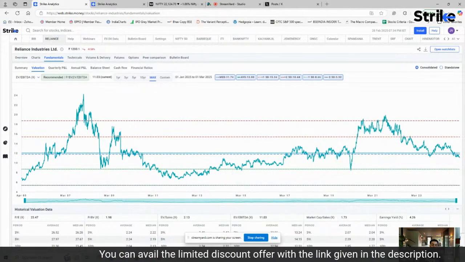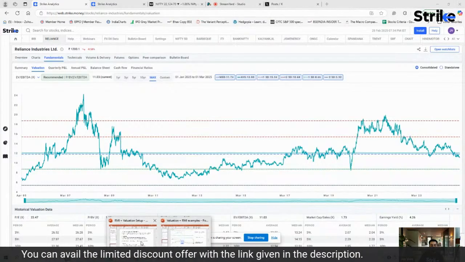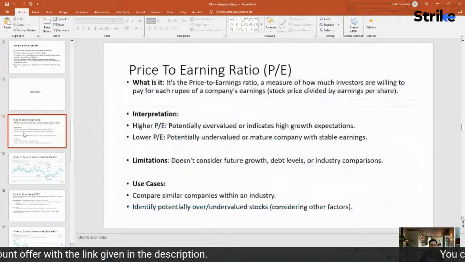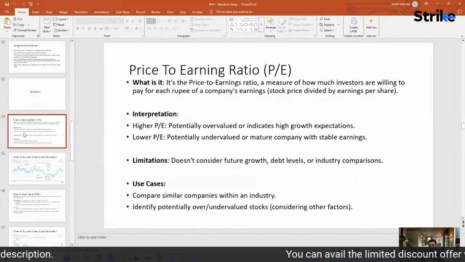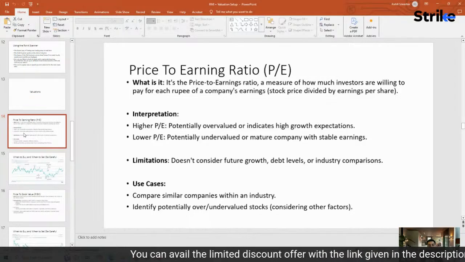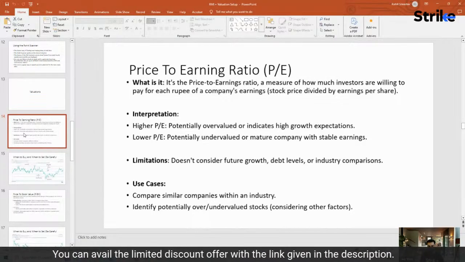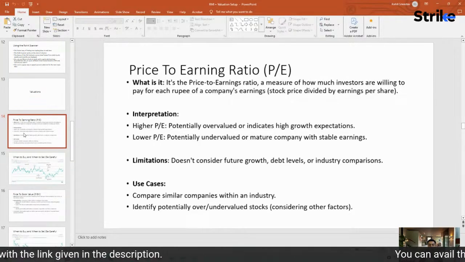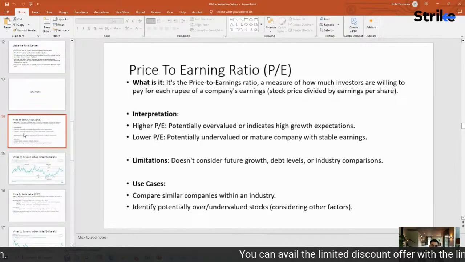Now I will just brief you through a few of the ratios which we have, so that you understand how to interpret them, how to think about it in valuation terms, and where you would know that the stock has become cheap, or else that it is at least worth looking at. Okay, so the first is the price to earning ratio.